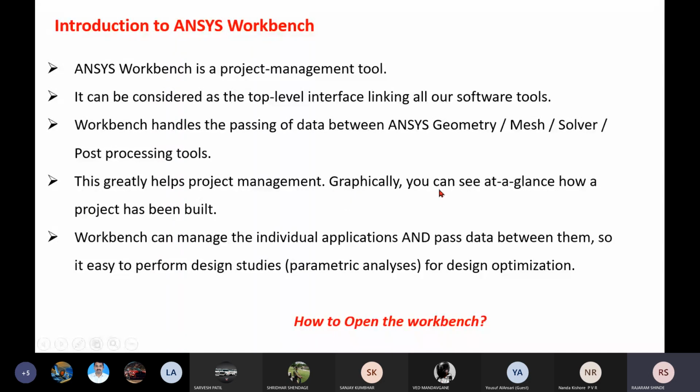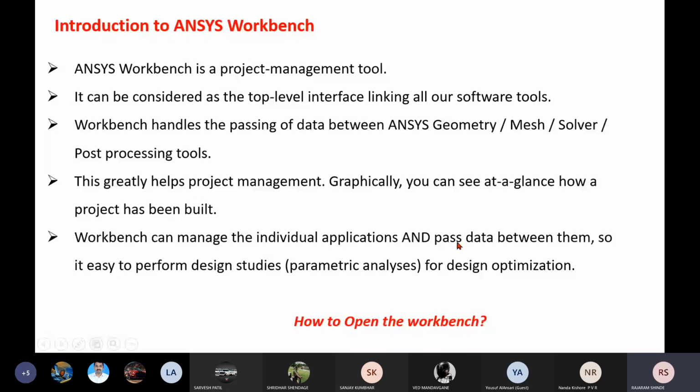Graphically, you can see all the things at a glance, how a project has been built. That means everything related to your project you can see in the ANSYS Workbench. Workbench can manage the individual application and pass the data between them.